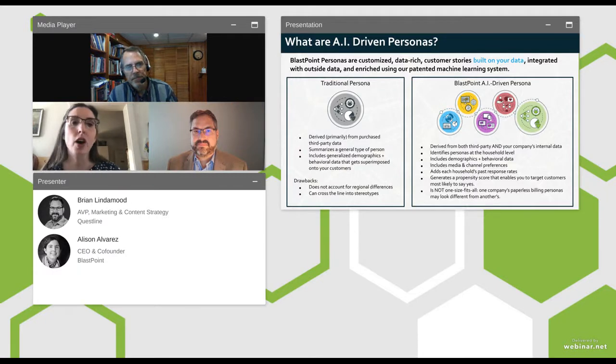We use all kinds of data. I think the most powerful is media and channel preferences. So you not only know what to say to customers, you know where to find them, where they're going to be. Because for some customers, email makes sense. For some, texting makes sense. For others, you're going to want to send them a piece of mail. So understanding those pathways is really important to making every bit of communication as effective as possible.